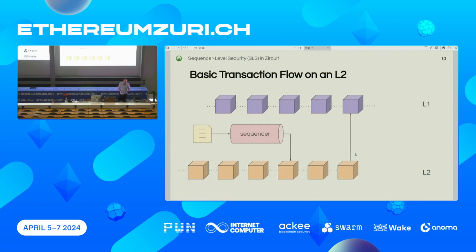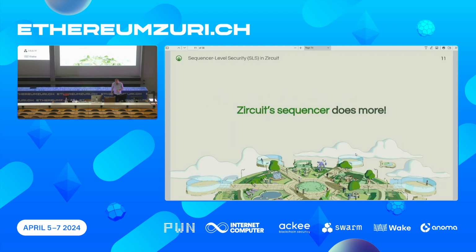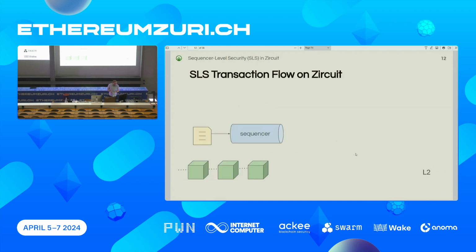It constructs L2 blocks by posting data on L1. Zircuit's going to do a little bit more than that. What we're going to do is add this level of sequencer-level security, where we're going to go into the L2 mempool and change how L2 blocks are constructed in order to safeguard users. And so what's going to happen is we're going to add this security oracle. So we're using oracle in the computer science sense, not in the price oracle sense that you're probably familiar with in Web3,